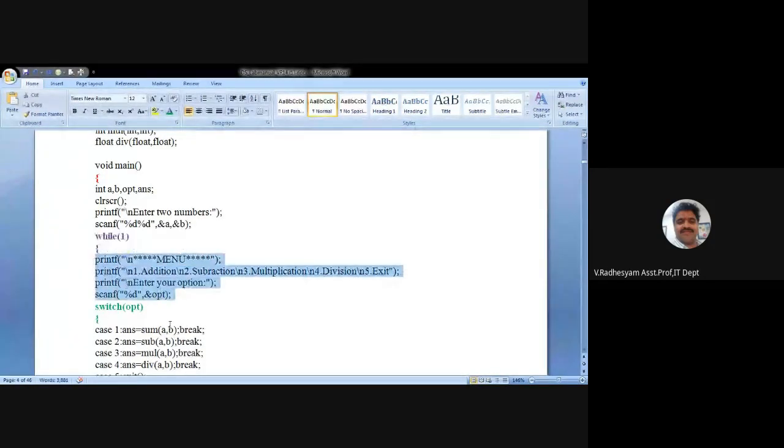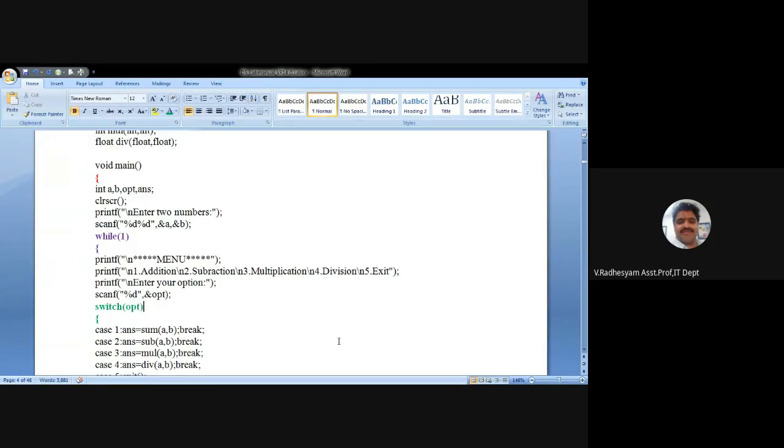Whatever I have highlighted now will appear to you in the window infinitely many times. If you choose exit, then only it will come out. So this will be printed every time. The menu: 1 is for addition, 2 is for subtraction, 3 is for multiplication, 4 is for division, 5 is for exit.